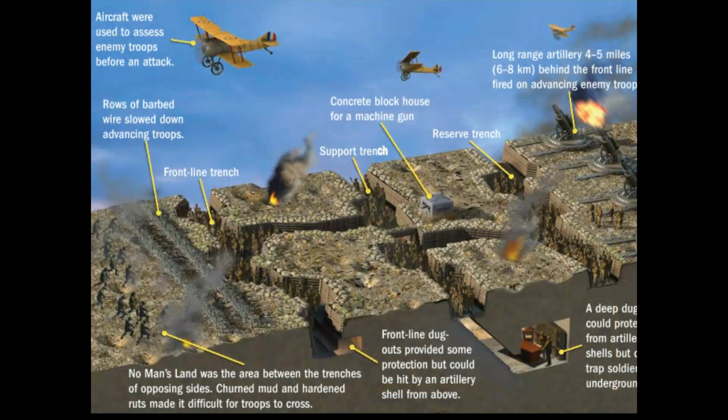So these trenches are quite a complex system. They're not just digging a ditch and standing in it. You've got the front lines, and men would rotate through these different parts. Then you'd have connecting parts with support trenches. We also have biplanes in this time period, often used to check and assess movement before an attack. You've got concrete blocks, which often house machine guns, one of the big technologies, reserve trenches, and then, of course, long-range artillery.